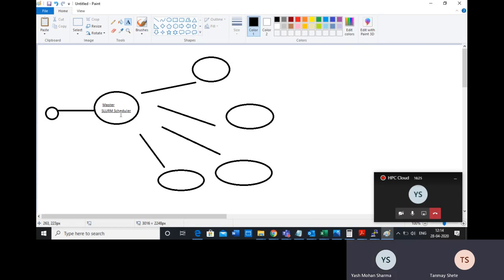HPC always works with a scheduler. Slurm is one of many schedulers, and you use that scheduler to submit your jobs or start your application, and it will automatically allocate the best suitable machine, and then you will start working on that machine.